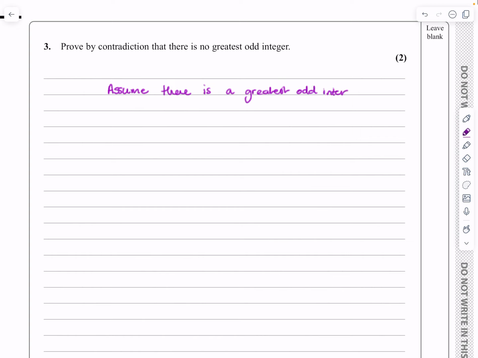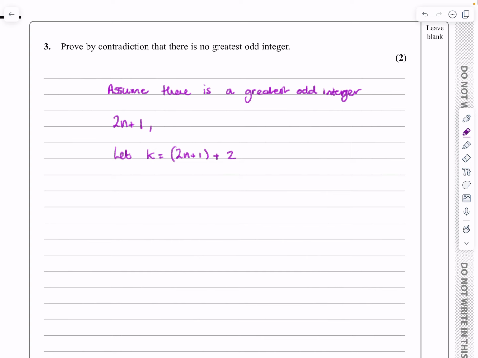Now, integer. You can call it n. If you want to say it's odd, call it 2k plus what? 2n plus 1. In fact, I'm going to do that. You don't actually need to call it 2n plus 1, but I'm going to say there is an integer 2n plus 1. Well, if that's true, let k be equal to 2n plus 1